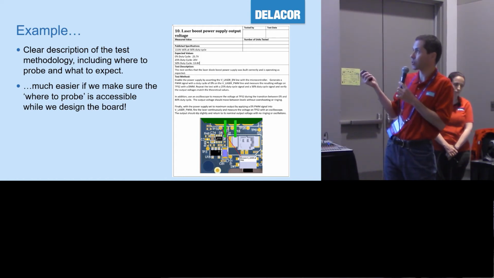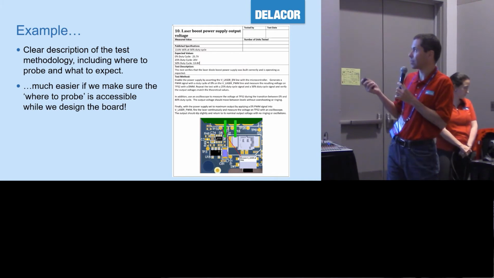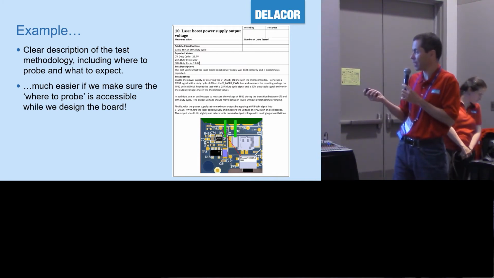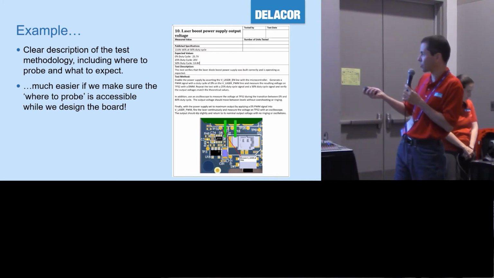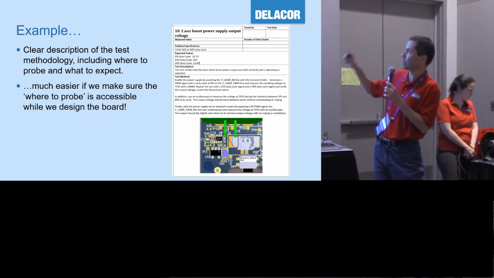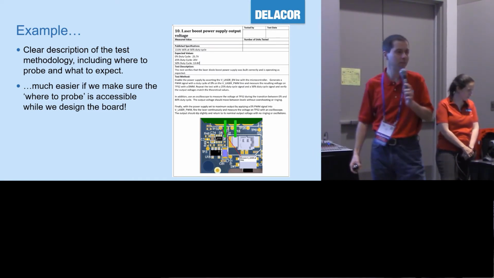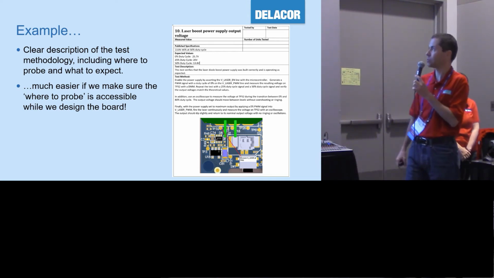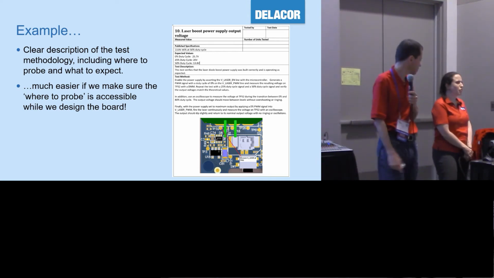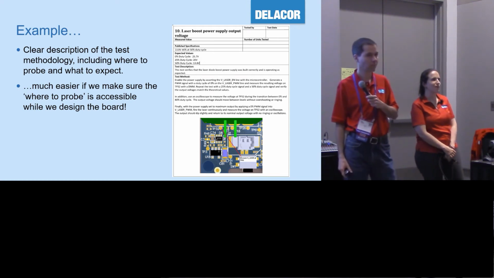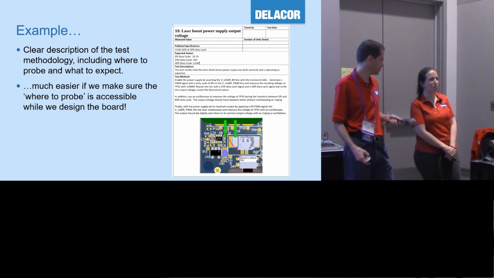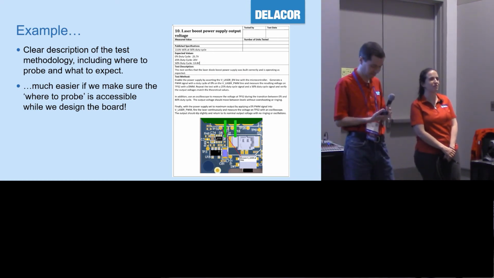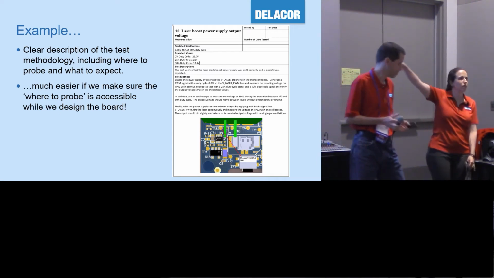And then describe what you're going to test, and describe specifically, okay, I'm going to probe here, I'm going to probe, I don't know, somewhere else over here as my reference point, and I expect to measure that. And if I don't, then I'm going to go and find out why it's not behaving the way I expect it to behave. So what's the equivalent in software? Unit test. So what are the things that we're expecting on that unit test? That will be similar to this.